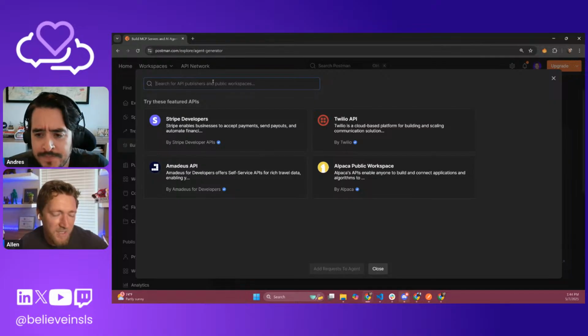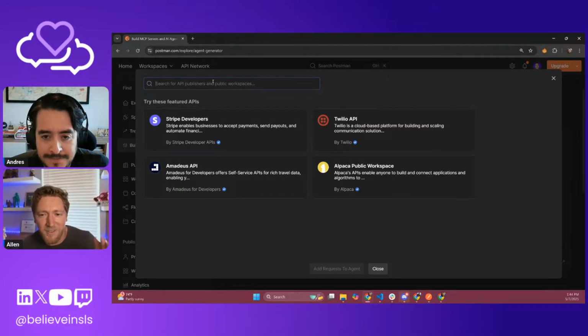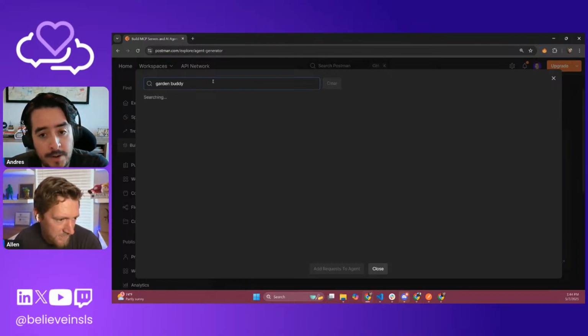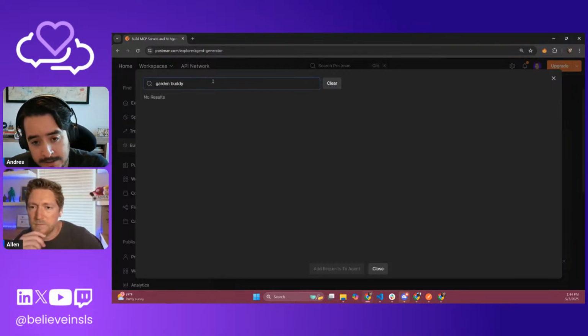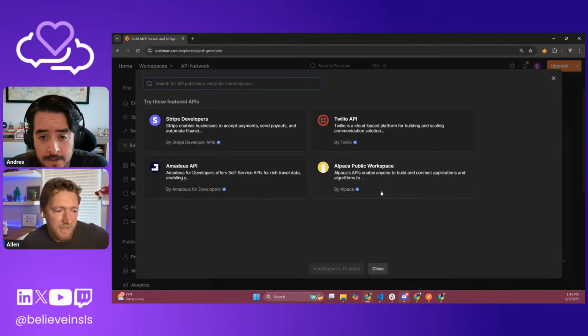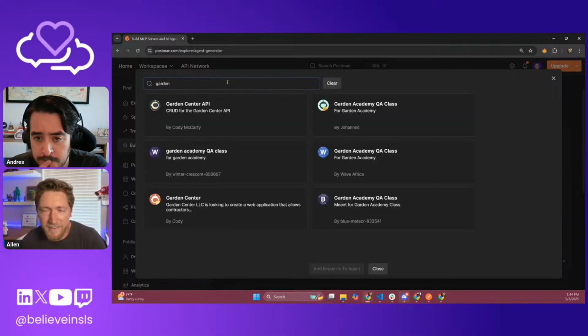This is the part where I don't know if it's going to show up. I don't know how quickly things get indexed. So is this based off of the public workspace? Yeah, as far as I can tell, yes. I found some wonky things in here.